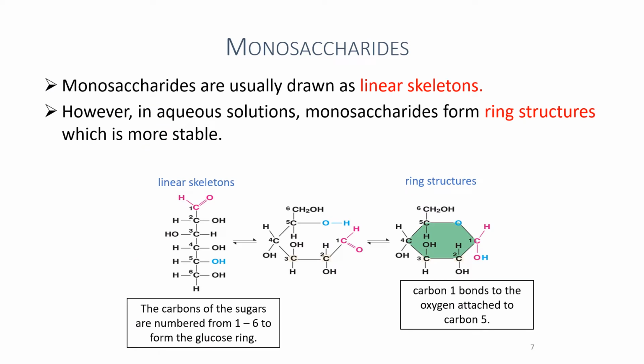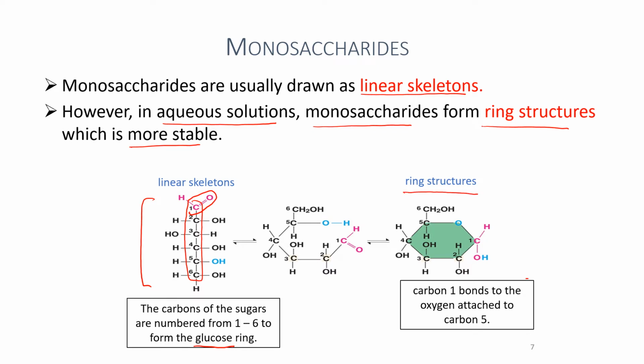Okay, so monosaccharides are usually drawn as linear skeletons. However, in aqueous solution, for example in a cell, these monosaccharides form ring structures, which are more stable. As you can see here, this is the linear skeleton for glucose. Like we have looked at in the previous slides, glucose has 6 carbons, and the carbonyl group is located at carbon number 1. From the linear structure, you have to convert it into a ring structure if it exists in aqueous solution. So you should be able to identify the ring structure